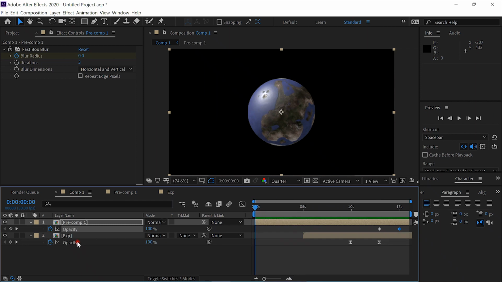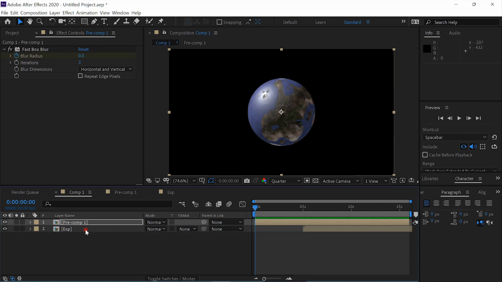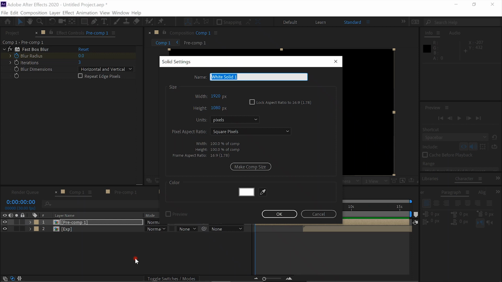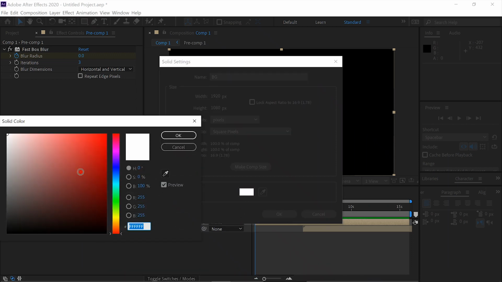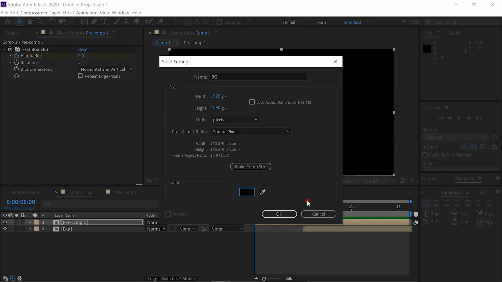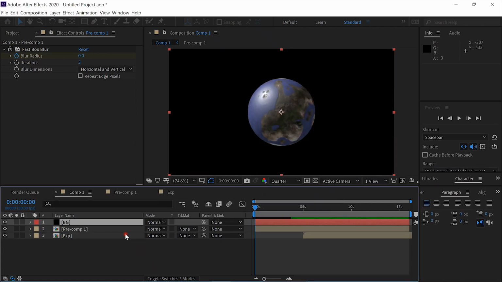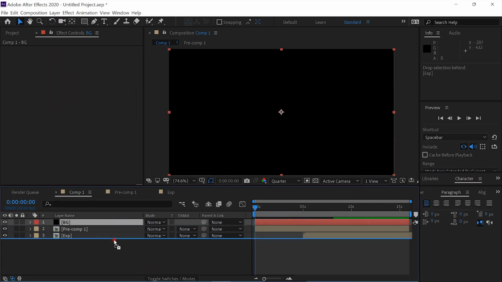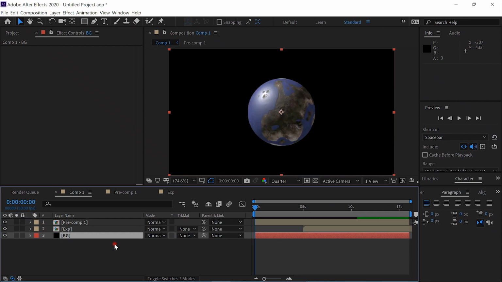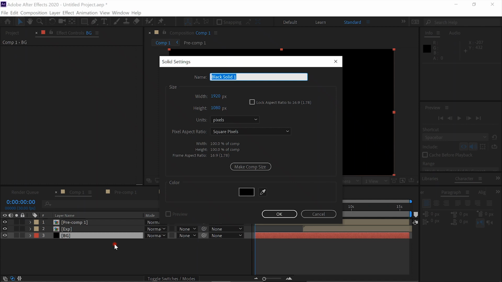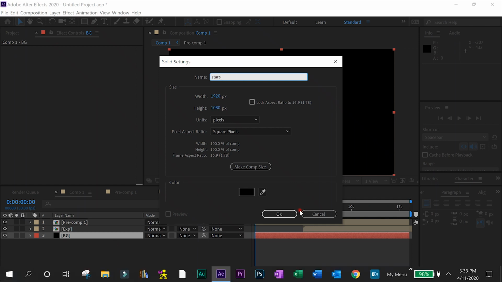All we have to do now is add a solid, call it BG for background, make it a black solid, drag it down to the bottom, then add another solid, call this stars, make this a white solid,